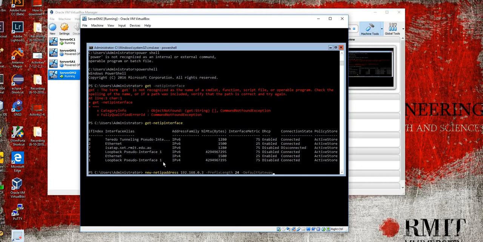I will use the IP address of my domain controller, which is 192.168.0.1, and then interface alias